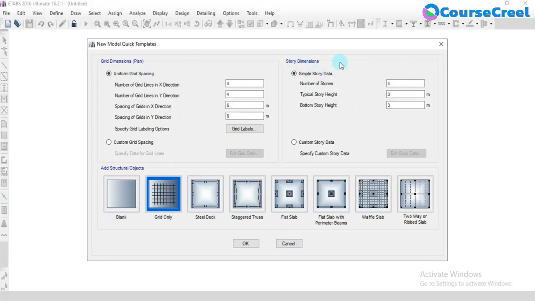And under story dimensions, we are going to have the simple story data and custom story data. Simple story data is nothing but all the typical story heights will be the same. If you want to define different heights for different floors, then you can go for custom story data. Okay, so let us go for simple story data and whatever number of stories you need. For example, if you want to go for G+3, define it as 4. G+4 means 5. So just include all the number of stories or floors